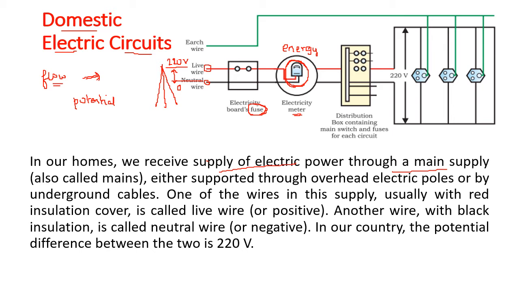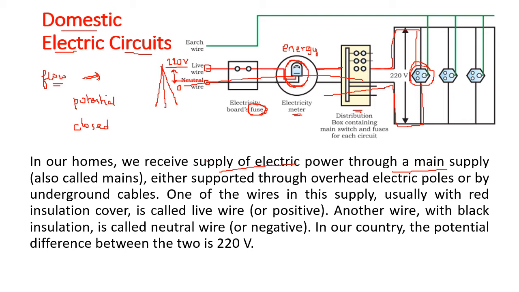Then after passing through the meter, the live wire goes into the house and there is the distribution box. You can see the wire is taken to the switchboard of one room. But electricity can only flow in a complete circuit, not in an open circuit. The circuit should be complete. So there is a neutral wire going back to the pole which completes the circuit.